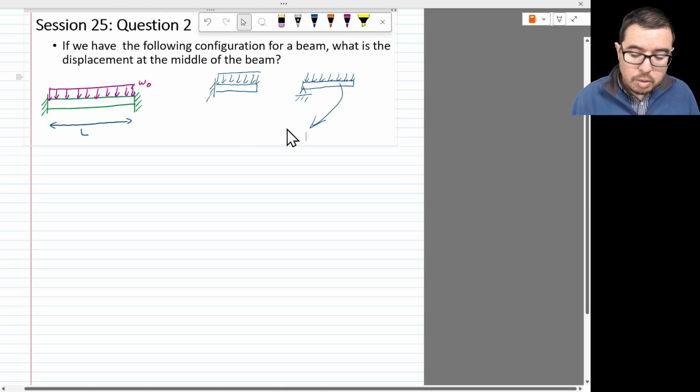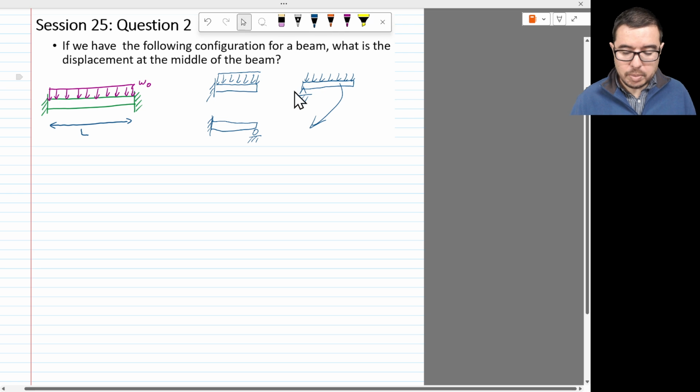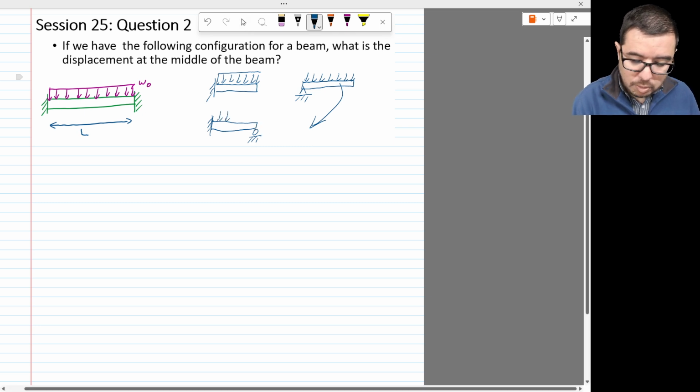Because this would be statically indeterminate to the first degree, where I just have a roller on that side, but that doesn't have the ability to constrain the moment, which the wall does on the right side. So this would be first degree, or a single degree of indeterminacy,